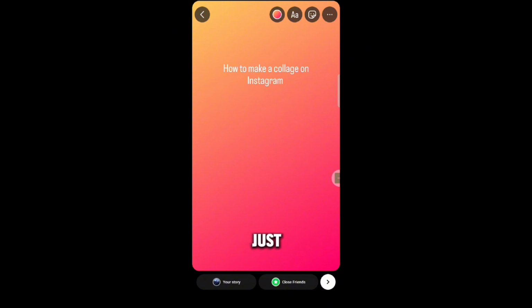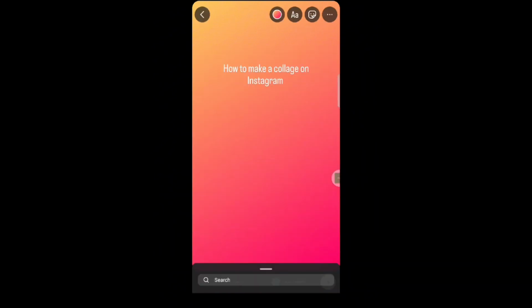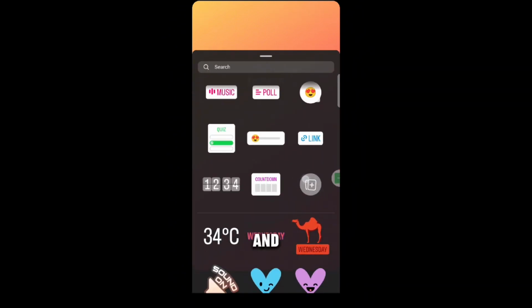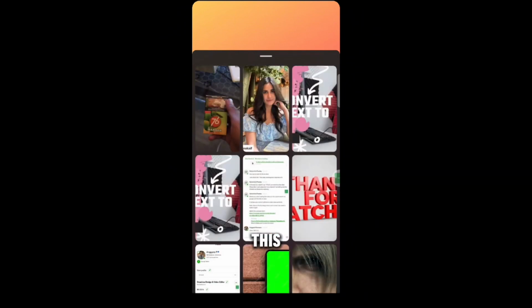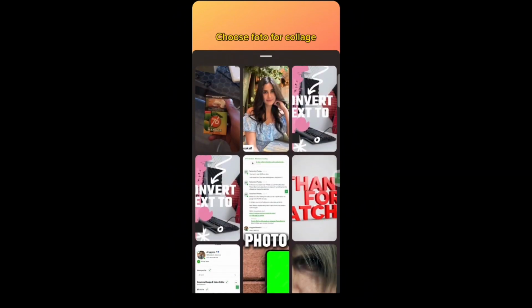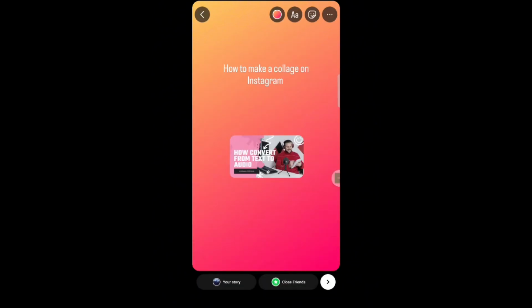and then you just click the sticker and then click this. After that, you choose your photo to become a collage, and then you just tap a picture to change a shape or format, just like this,